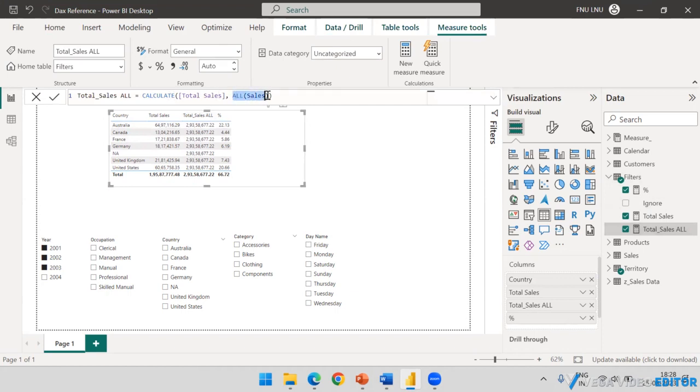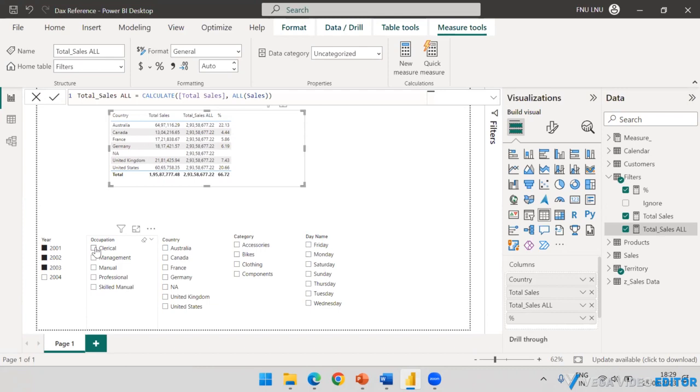We used the ALL function to remove every type of filter. But there may be a situation where you want to see the values based on some categories. Like I would like to see the values for the occupations, and in that case, I wanted to see the percentage